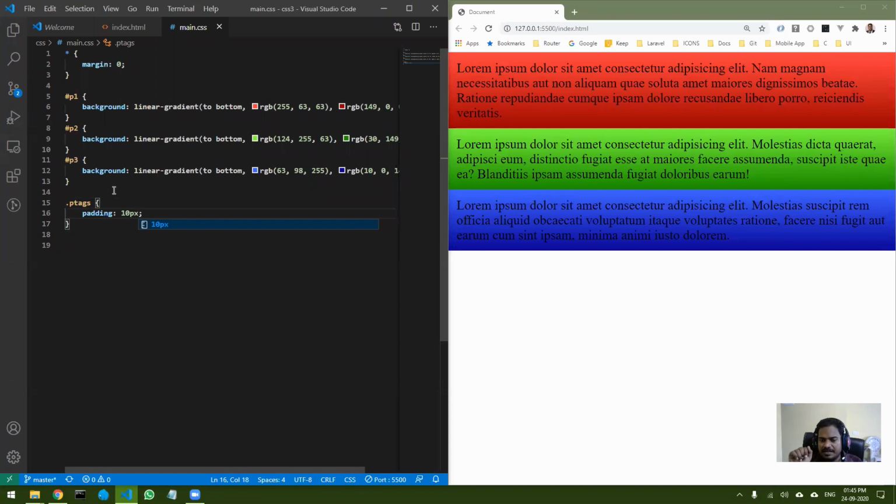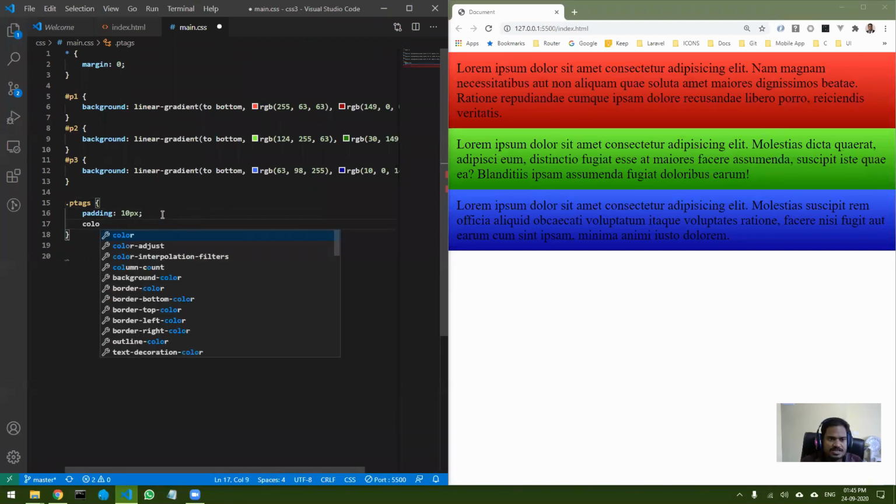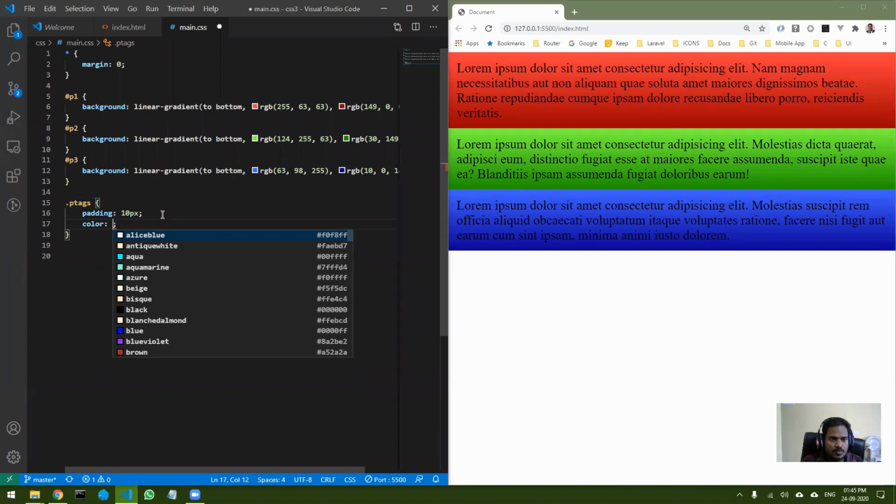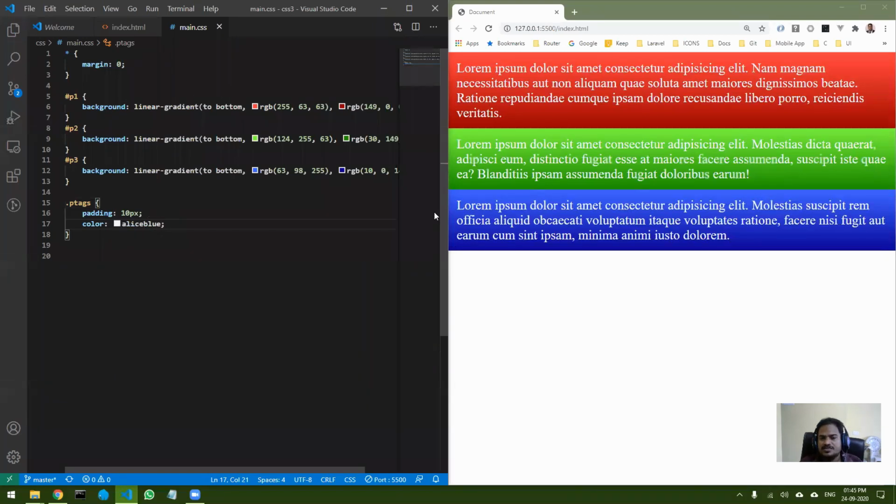Second thing that I would like is, since my color is dark, I would like my font to be light. Okay, so let me change the color. Okay, so this is, I don't know whether it is good or bad, but this is fine for me. Okay, now till here we have covered in the last part. Okay, now let us see measurements.